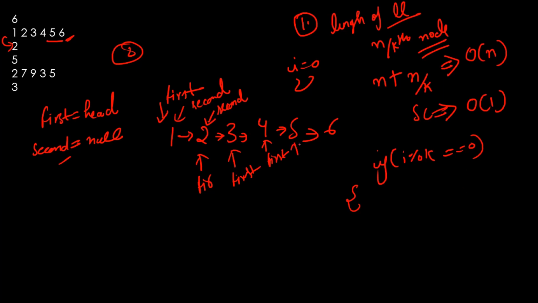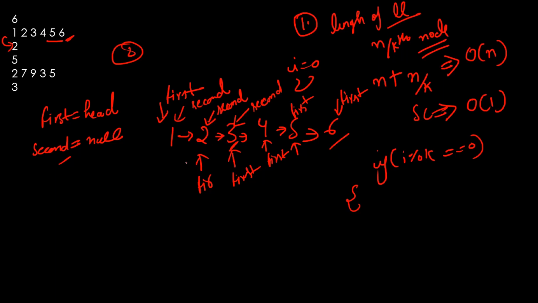Then we'll be moving to this one. So the I value is 4. 4 mod 2, yes, it is equal to 0. So we are going to update the value of second. The second pointer will be pointing to this 3 now. And first will be moving to the next element now, that is 6. The I value is 5 for this one, so 5 mod 2 is not equal to 0, nothing is going to happen.